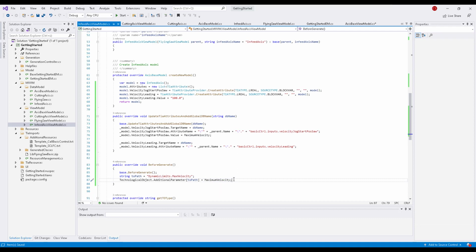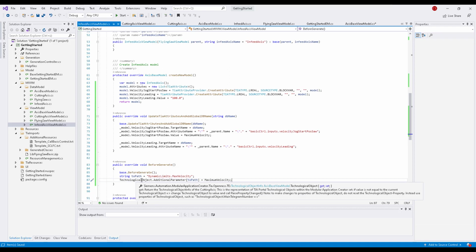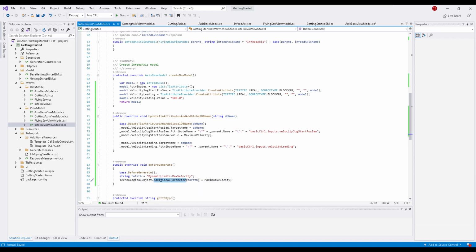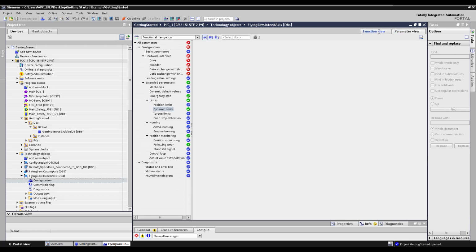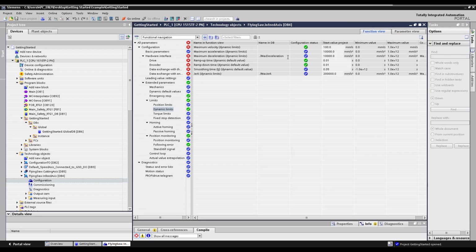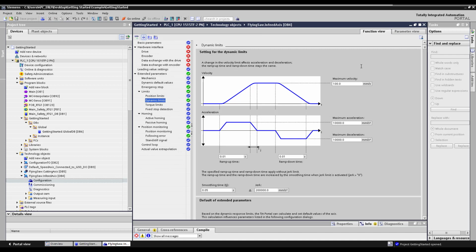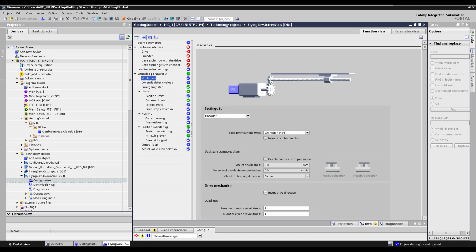And this is basically all you have to do. So within your technological object class, you can define all additional parameters, all technological object parameters, here in this list. And you can do this for all the parameters that you have here. So you have, for example, your parameter view, or you can use the function view and see all those parameters that your technological object has, like acceleration, deceleration, or other parameters like here, number of motor revolutions, or what are